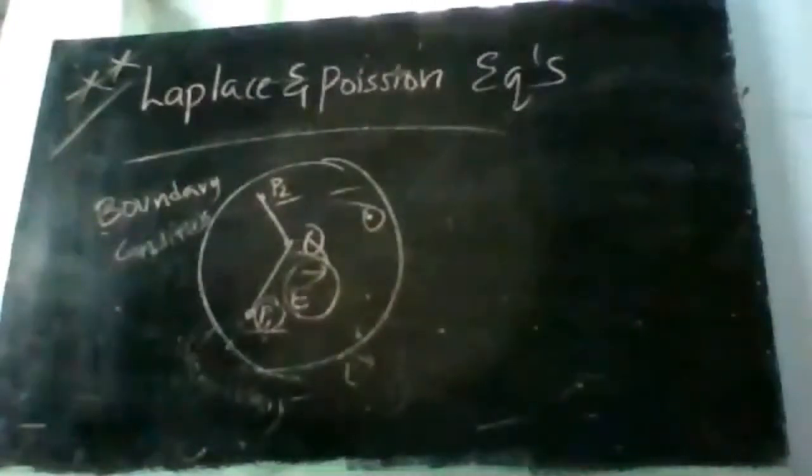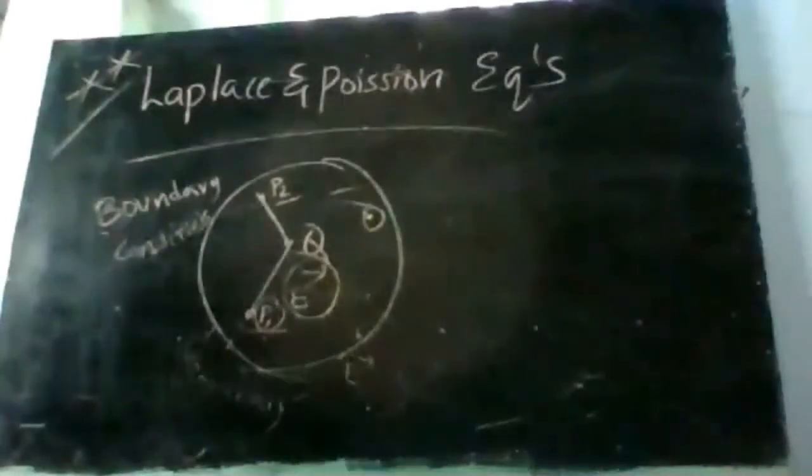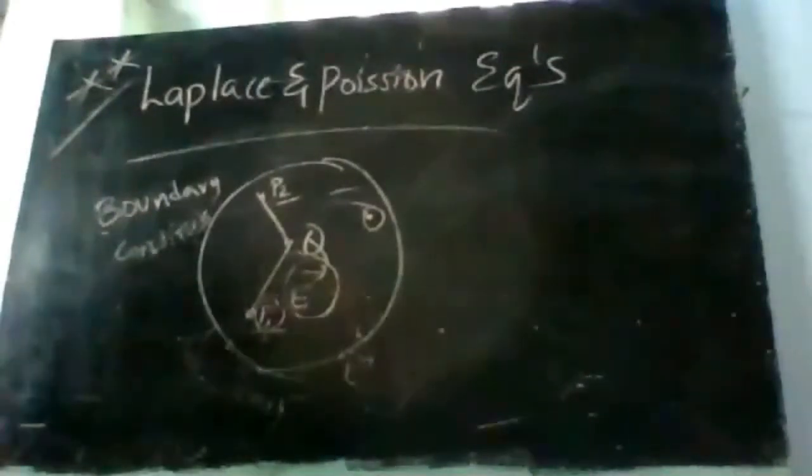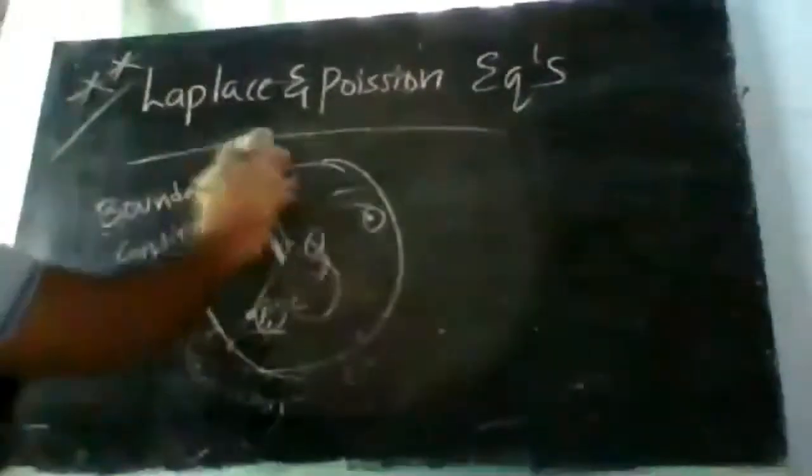That's a simple concept, which we already know, so just that we need to formulate it. Okay, clear with this? So this is the importance of Laplace and Poisson's equations. Even for the exam, we will not get the derivation because it's a simple equation, but we will get problems on obtaining the potential and electric field using these Laplace equations. So firstly let us see what these equations are.